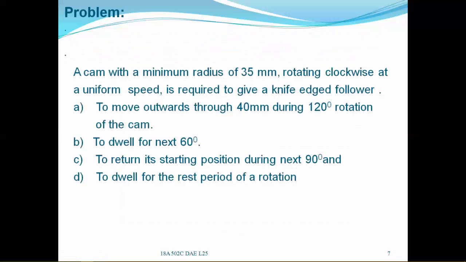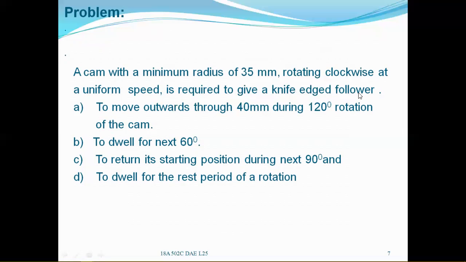And let us see one problem on this uniform acceleration and retardation when the knife edge follower is moving with that motion. So here is the problem. A cam with a minimum radius of 35 mm. It means the base circle radius is 35 mm and it is rotating clockwise at uniform speed. So as it is clockwise, we have to take the anti-clockwise direction. So it is required to give a knife edge follower